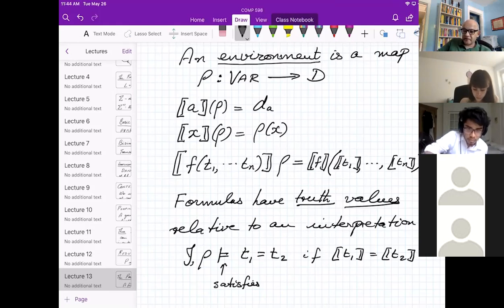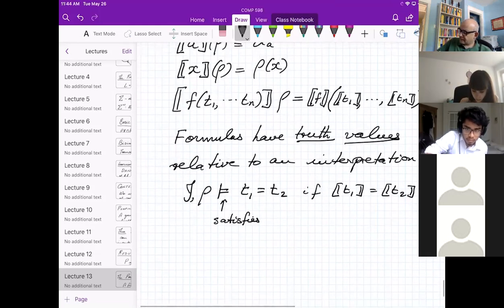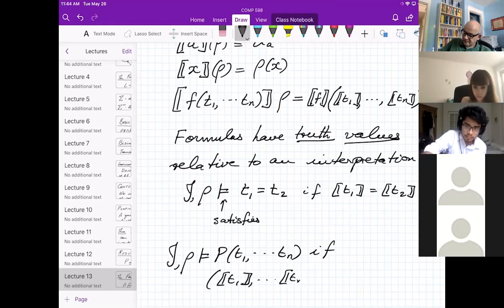This is identity of elements in D. Similarly, I'll say my interpretation and environment satisfies this predicate T1 through Tn if I look at this tuple, which is the interpretation of all the terms, and it turns out to be in the interpretation of P.